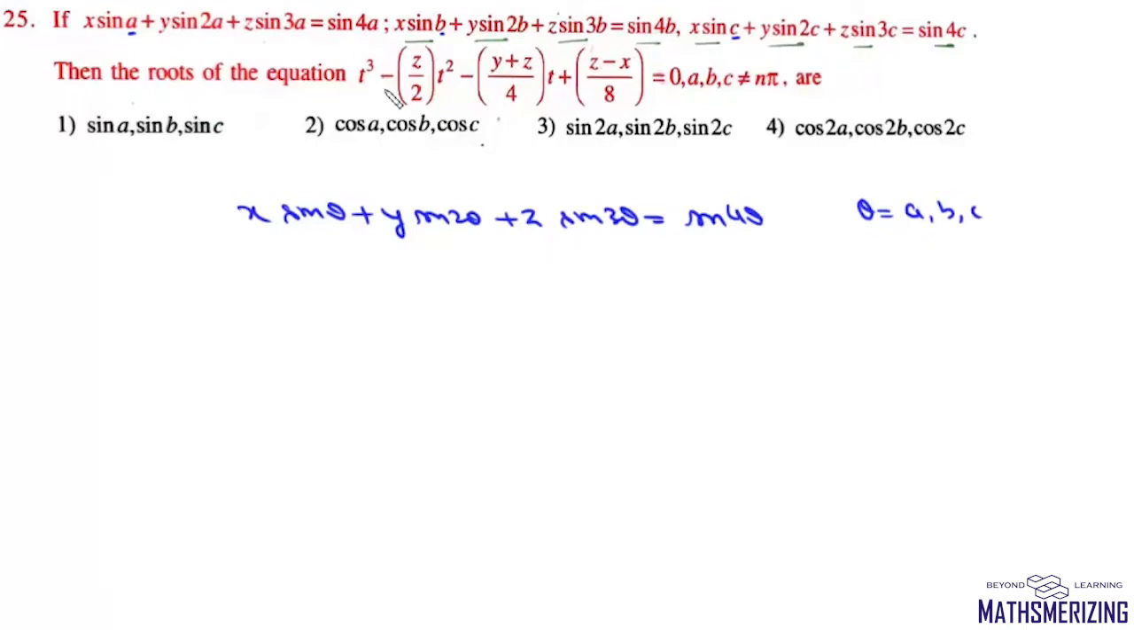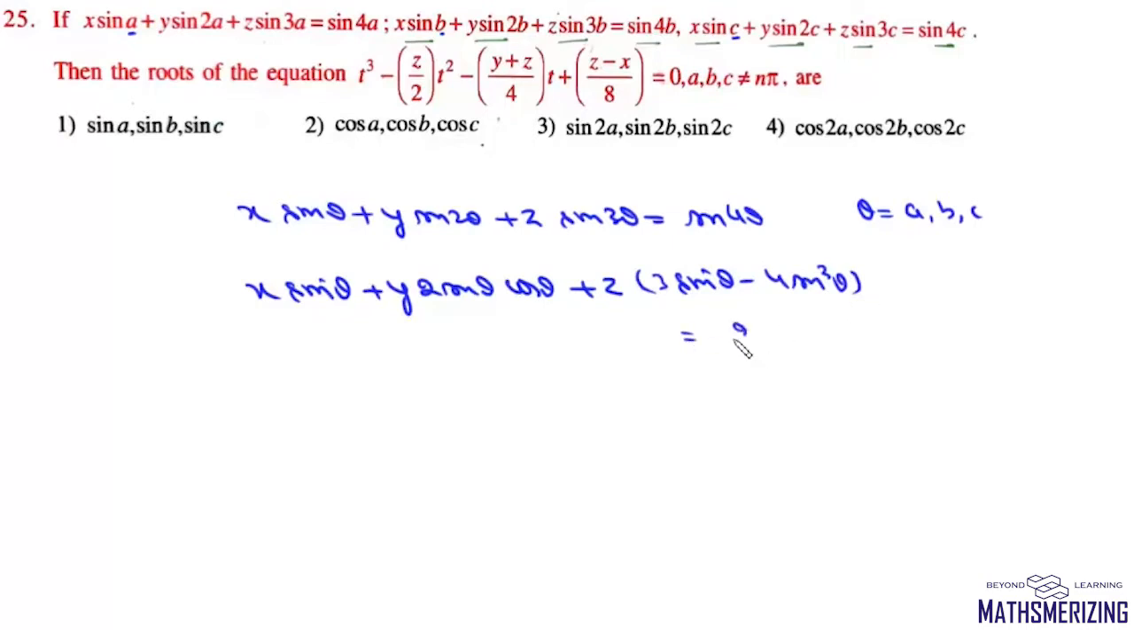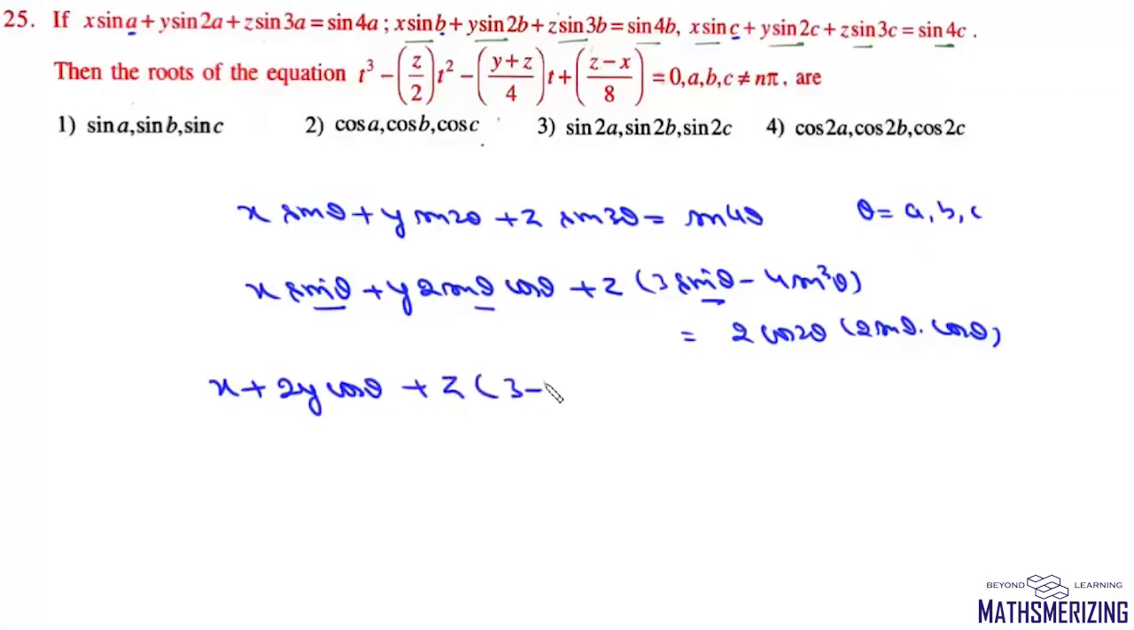Now we'll try and simplify it in polynomial form. This is x sin theta. Now sin 2 theta is 2 sin theta cos theta, and sin 3 theta is 3 sin theta minus 4 sin cube theta, and sin 4 theta is 2 cos 2 theta sin 2 theta, and we can write sin 2 theta as 2 sin theta cos theta. Now we'll take sin theta common from both sides and cancel it. So we can write this as x plus 2y cos theta plus z times (3 minus 4